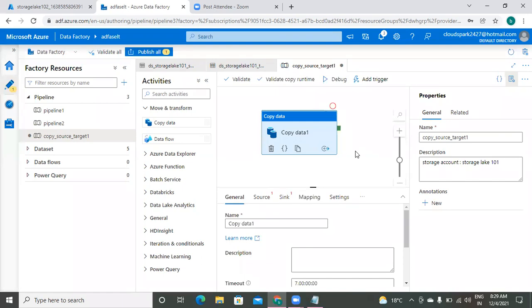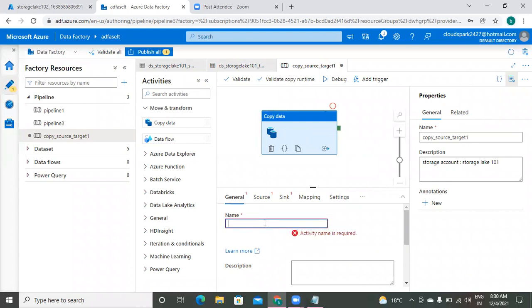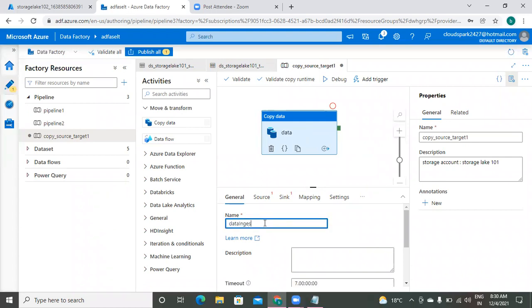Okay. Just click on this. The name here is copy data 1. You just give any name, like data ingest by copy activity.